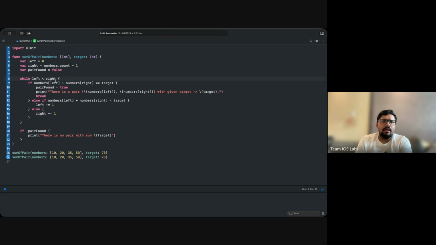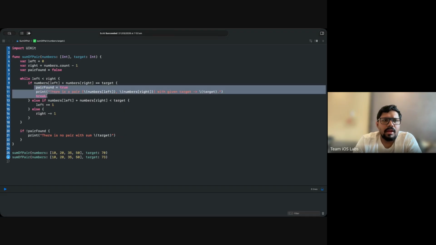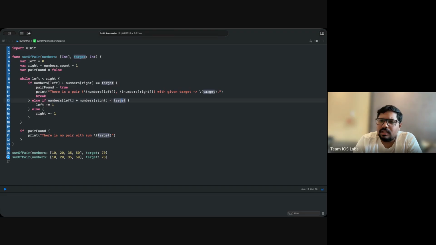You can see in the code what we are doing. Again, we are checking the left element and the right element. If the sum equals the target, then you find the pair, print it and break the loop. But suppose your sum is less than your target, you simply increment the left pointer, because your sum is still smaller and you need a bigger element.